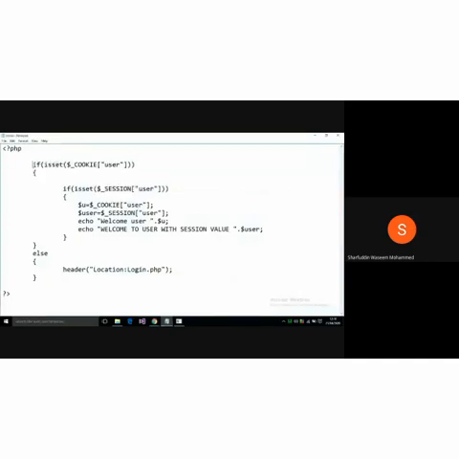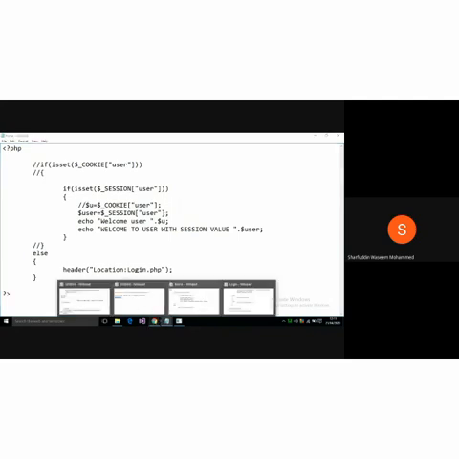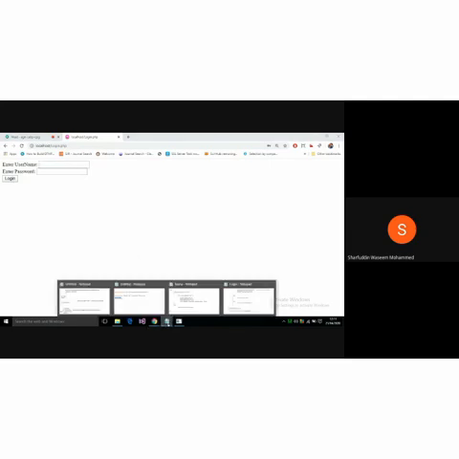I'm just commenting this. So this will be the if condition, and this will be the else for this. No more cookies now, we are only checking with this. Login.php again. We'll enter the username and password. It is not letting the cookies be set for a session.